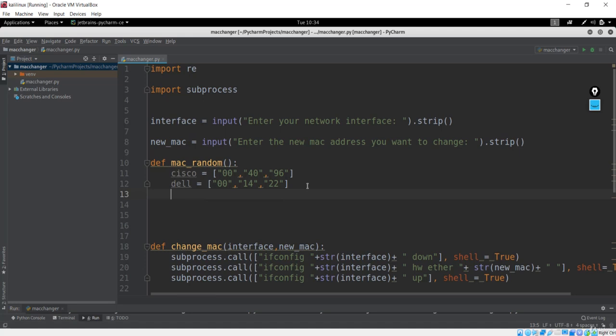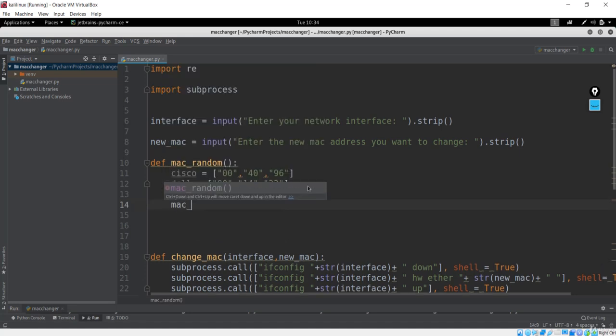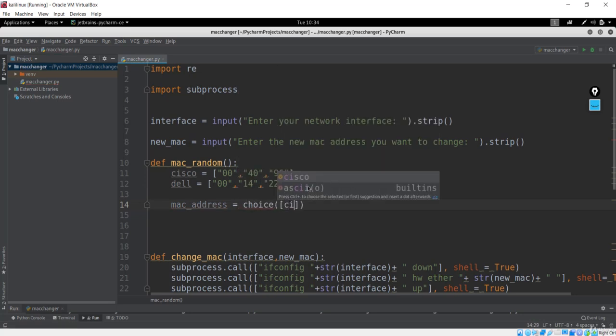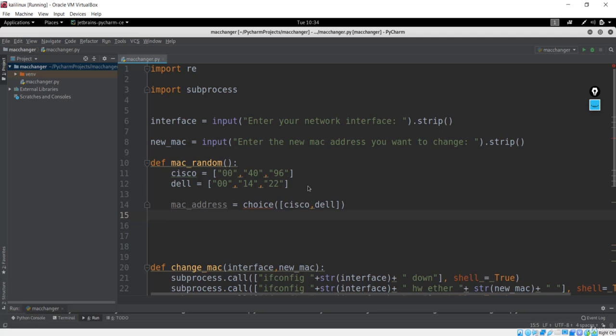Let's go down here, and let's say the MAC address will be a choice. This is an inbuilt method which is going to give us a choice between either Cisco or Dell. So we have made a choice, which means the first pairs will be from the Cisco or Dell defined hardware, and the last three pairs will be generated randomly.